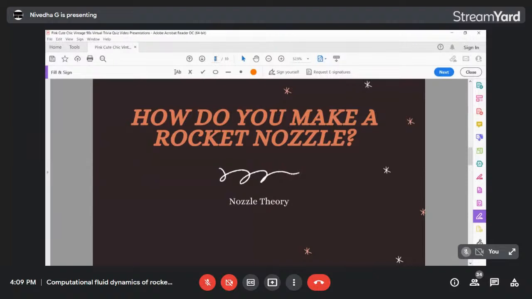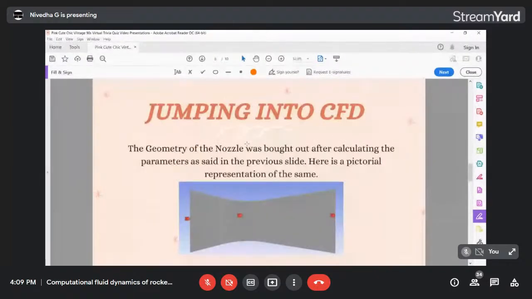So the geometry, as I said, is done by fixing the throat, then getting the inlet diameter and the outlet diameter, which depends on the pressure which you want to give to the nozzle. For example, the nozzle which I built here has 5 bar pressure at the inlet, and we needed it at optimum expansion, that is no more pressure or less pressure than the atmosphere, which will give us a proper nozzle efficiency. If you want a 100% efficient nozzle, it has to be,